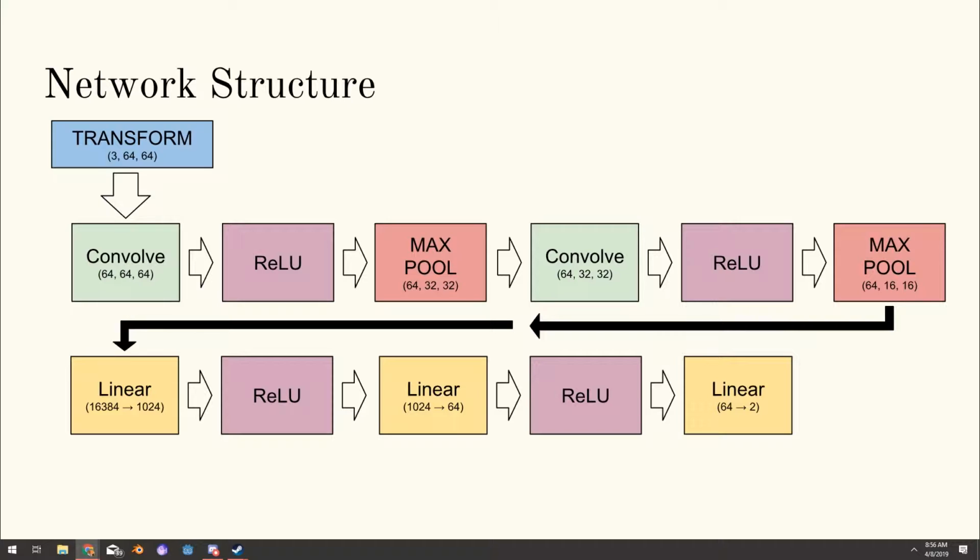We take the output of that and pass it through 3 linear filters, each of decreasing size, the first one going from 16,384 input nodes to 1024, then from 1024 down to 64, and then from 64 down to our 2 malaria or healthy outputs. The hyperparameters for this network, when training it, I used a batch size of 64,